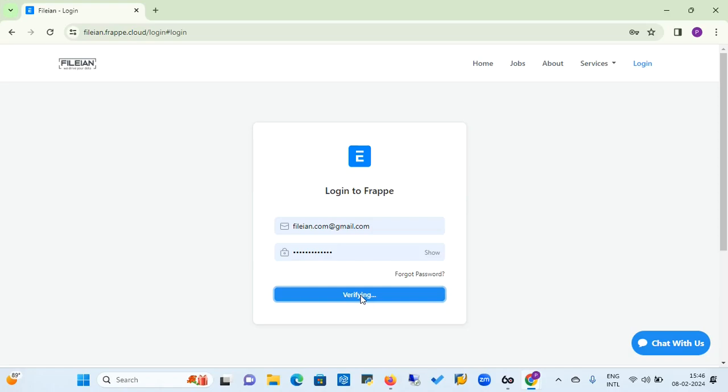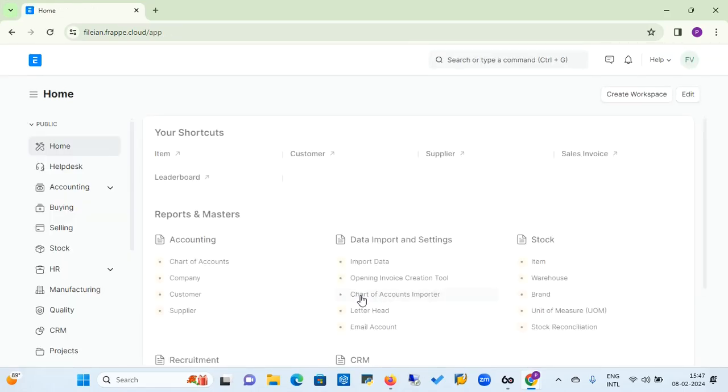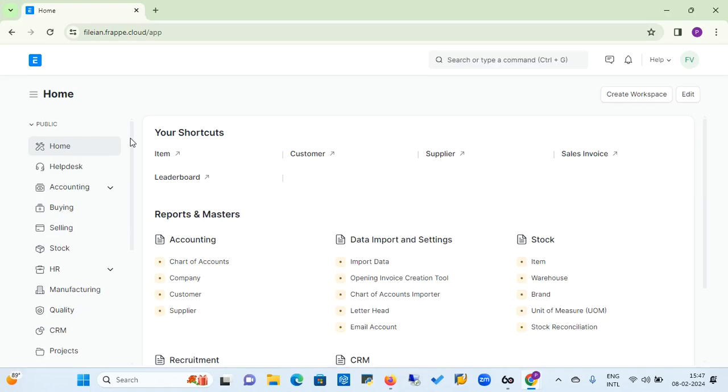Once you click on login, it will verify your username and password, and once verified, you will land on the home page, where on your right side you can see the workspace, and on your left hand side you will see the navigation bar,